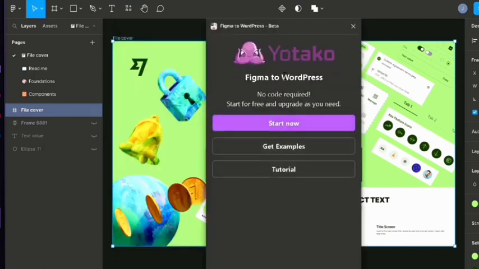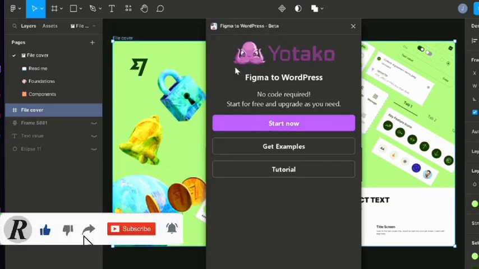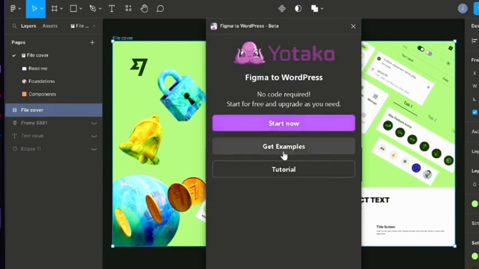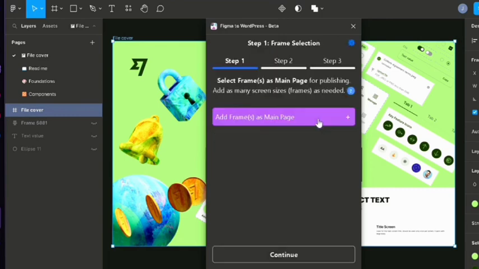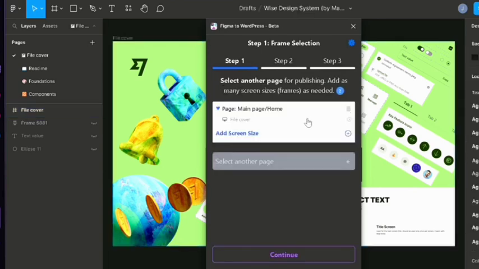It was created by Yokata, and what we are going to do now is we are going to click on start. Now if you want to see examples, you can click on to get examples, but what we are going to do right now is we are going to click on start now, and step one is we are going to choose a frame as a main page. I'm going to click this, and then we're going to click this option over here, which is just a file cover